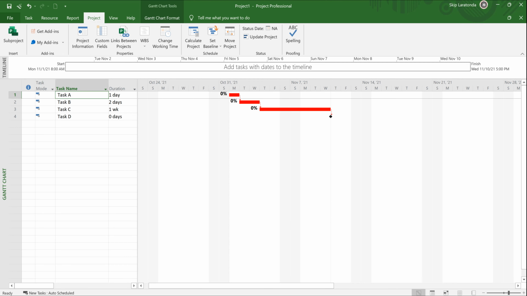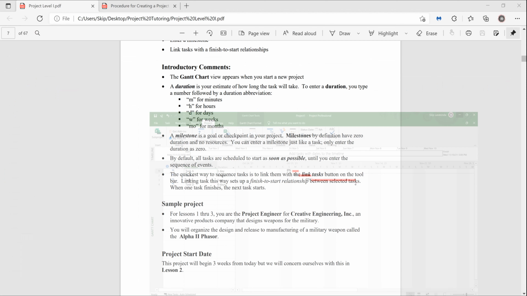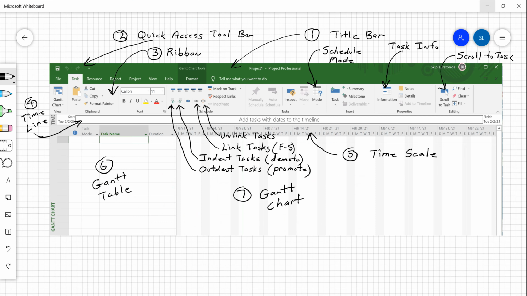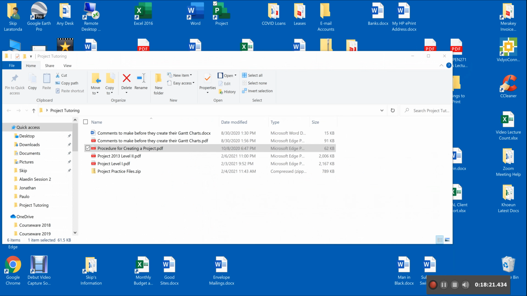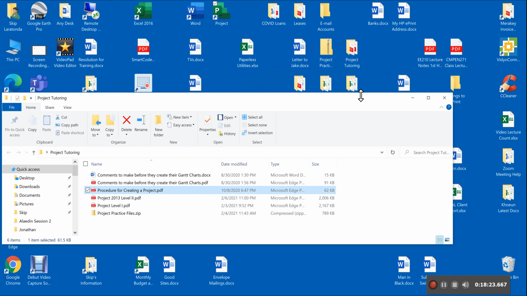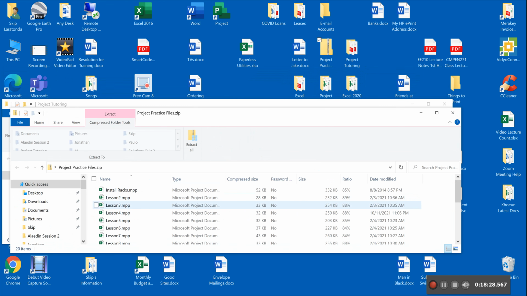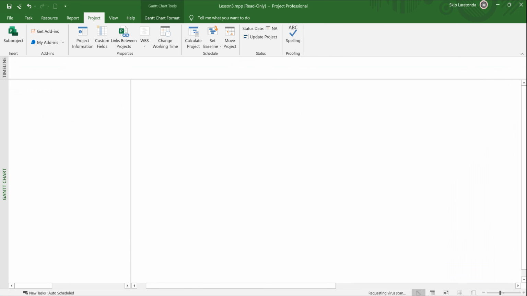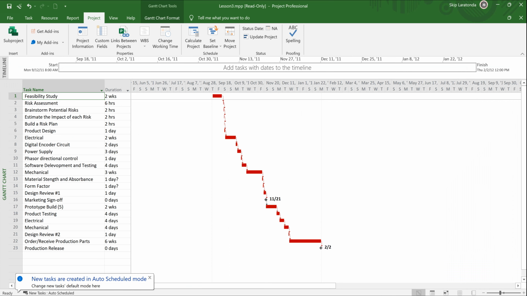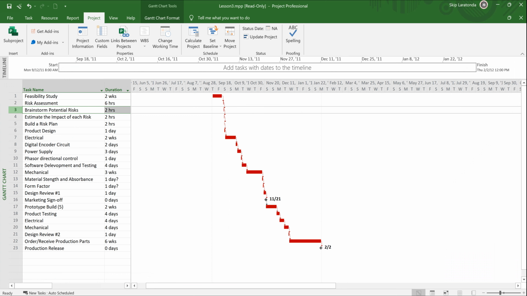And then in lesson 3, I will show you, and I have lesson 3 here already that we could run real quick for you. So I'm just going to open it up on my desktop. This is the practice problems I provide with my course. Notice in lesson 3 here, I have a lot of tasks and I put in durations, and I want to build a structure. And it just so happens that under risk assessment, brainstorming potential risks, eliminate the impact of a